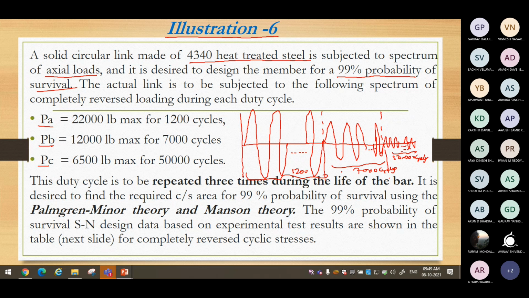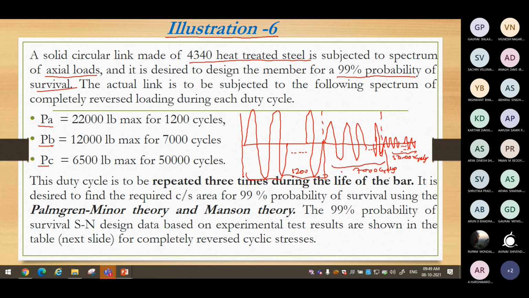Now it is desired to find the cross section required. You have to now suggest to the customer what should be the cross sectional area. You tell him how much cross sectional area the component can sustain for this particular load. It is mentioned as a bar. The cross section of the bar is not mentioned. Therefore, you have the freedom to take a square bar or a circular bar. That is not a problem. It is not mentioned, no? So as a designer, you decide what cross section you want to go for. Whichever you want, you can select.